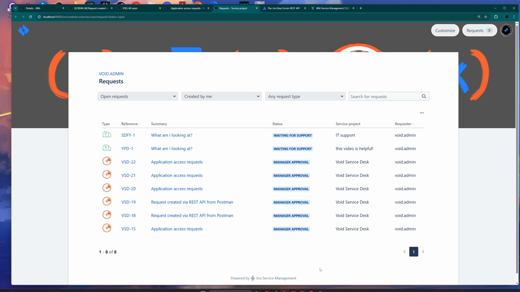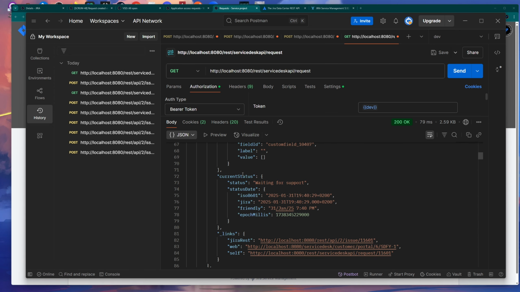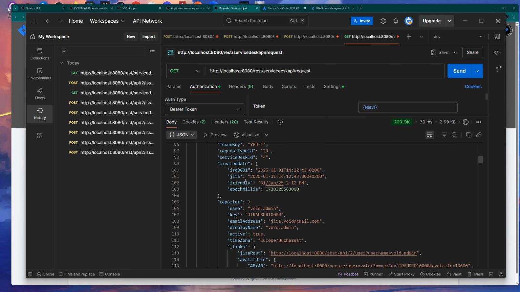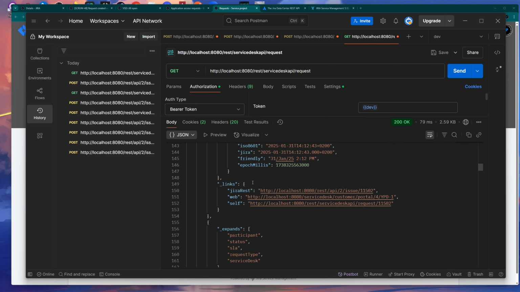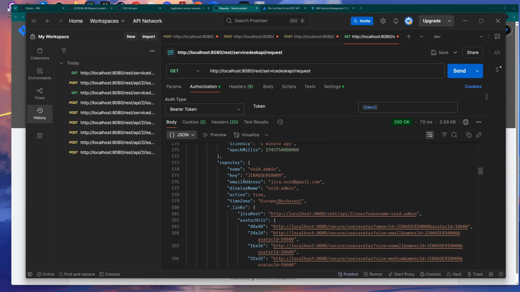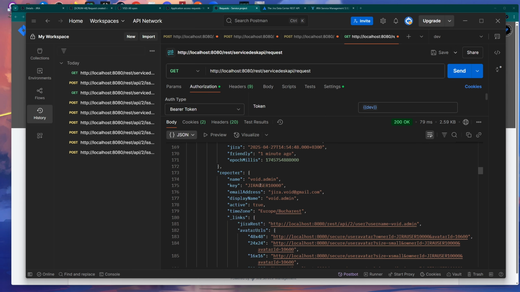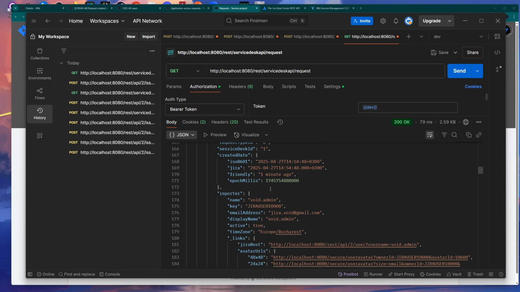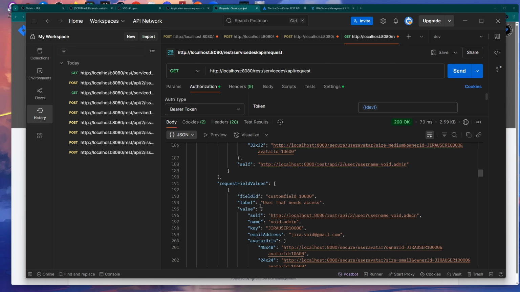And now if we go back into Postman and we just scroll down a bit until we find the latest one, which is not those that are from a different project. And if we scroll down a bit more, now we can find the exact ones that we created just now, 1 minute ago, right? And these are like user that needs access. You see the label. This is the name in the customer